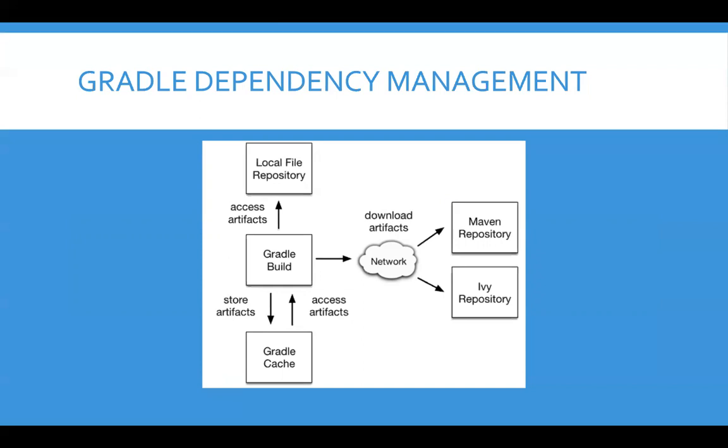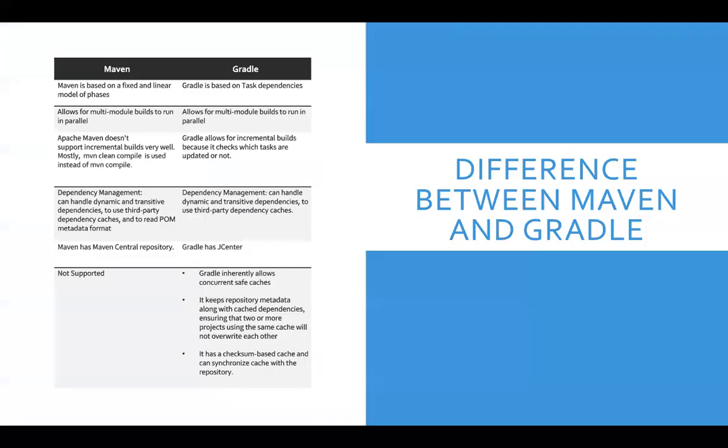But what happens in Maven? To compile our code, we normally run Maven clean install. So we have to clean the build before building it again. It builds the whole build again, irrespective of what has changed and what has not. But Gradle caches some of the work and uses it for decreasing the build time in little bits. So these are the differences between Maven and Gradle.